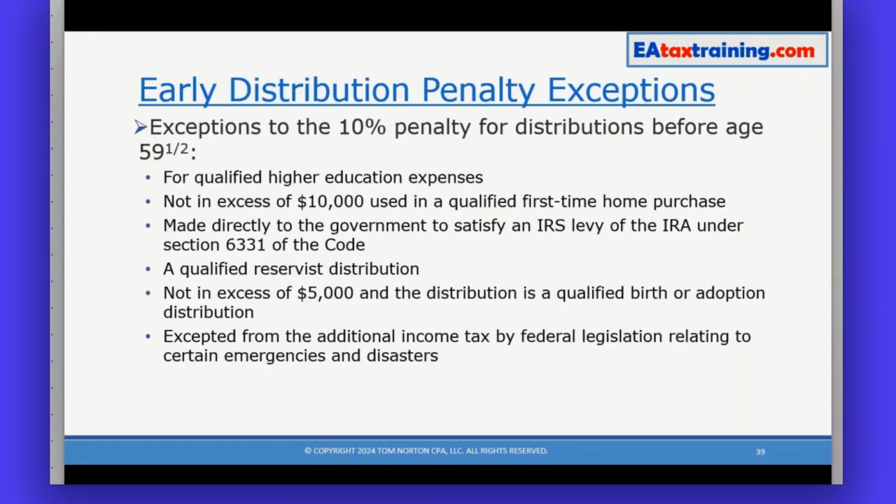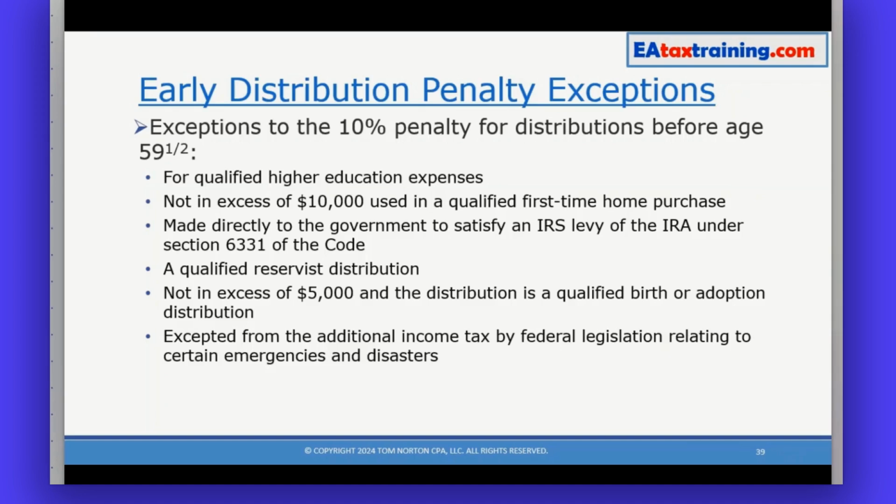Other exceptions for the 10% penalty: if you're using the amounts to pay for qualified higher education expenses, so these are going to be expenses similar to what we talked about for the education credits, then you do not have to pay the 10% penalty. Up to $10,000 that's used for a qualified first-time home purchase, no 10% penalty. If the distribution is made directly to the government to satisfy an IRS levy on that IRA under Section 6331,